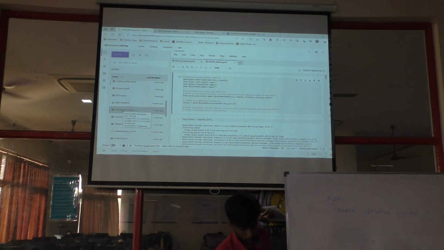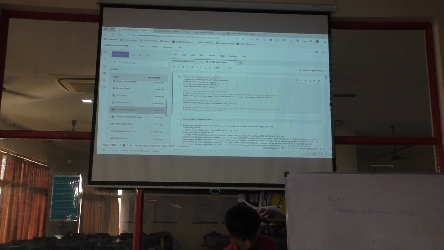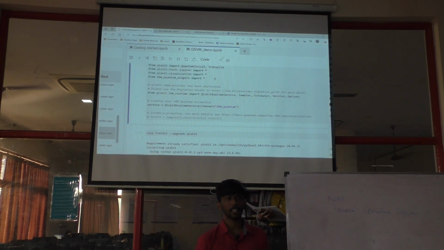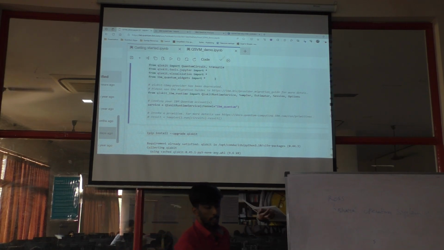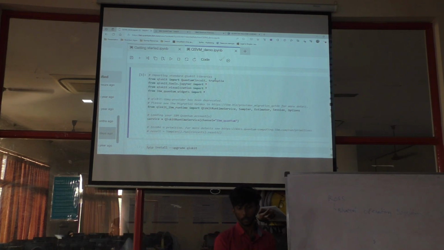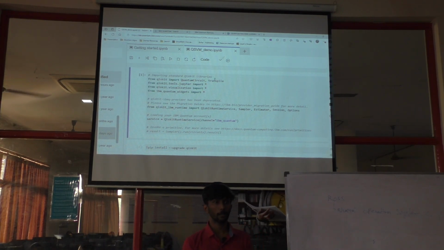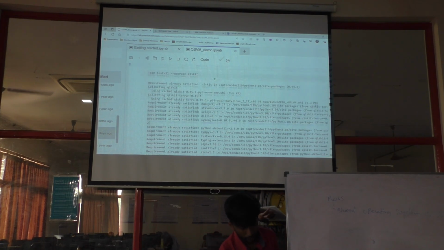So this is a demo application. It's not on a real data set, but I have other programs which are on real data sets. I can also show you that. Similar to any other quantum algorithm, you build a quantum circuit, as I've told you. First thing is building a quantum circuit and putting that there.